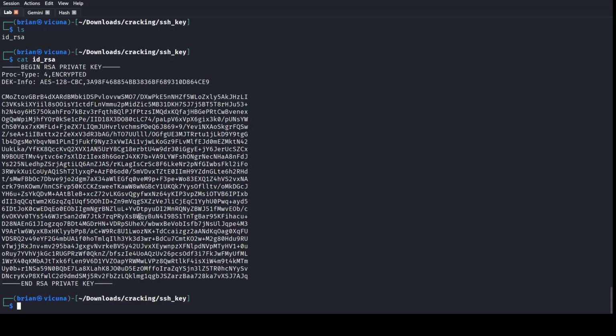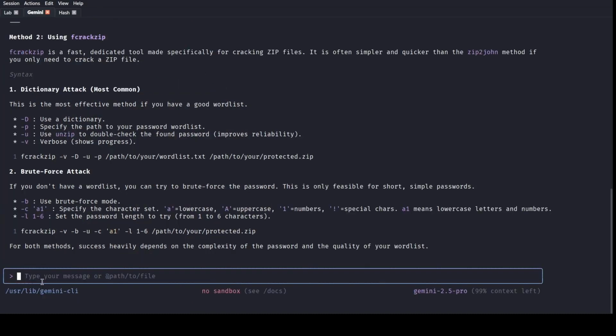So we want to get the passphrase of this particular key because it has a passphrase for security purposes so that no one can use it. So we want to see if we can obtain the password of that particular SSH file. I'll go to Gemini and ask it how can